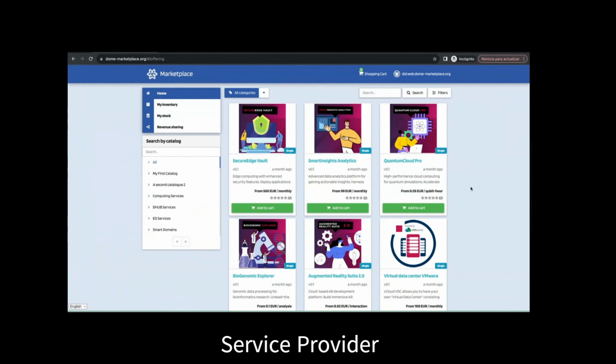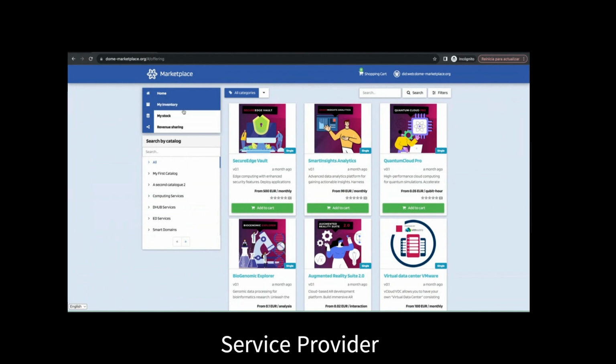Okay, so now we are going to see how a service provider is able to register their resources, their services, and to create their product offers. You can see that now I'm logged in the system with another identity, which is a seller. In this case, when I'm logged into the system, when a participant who is authorized to actually create products,